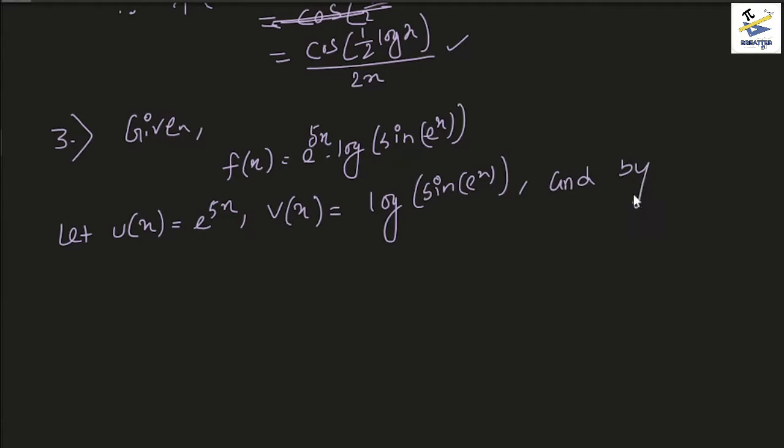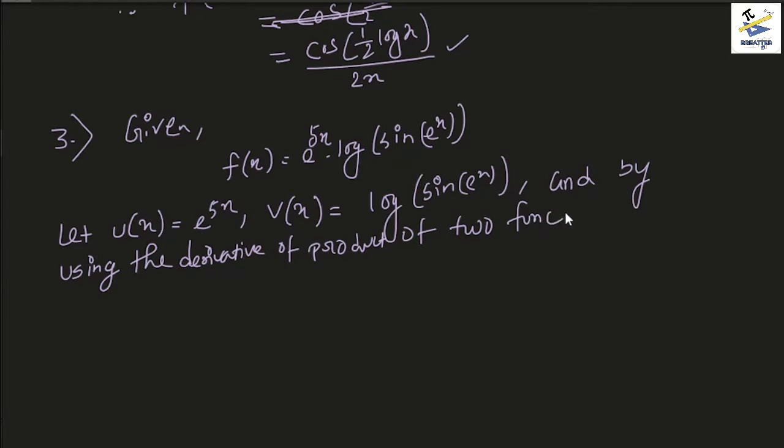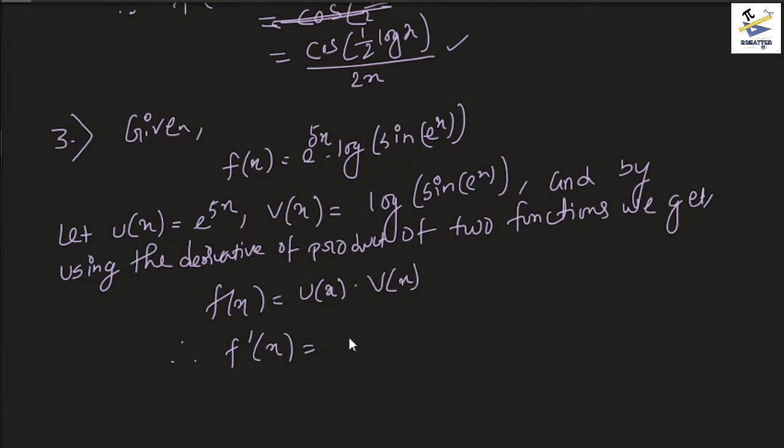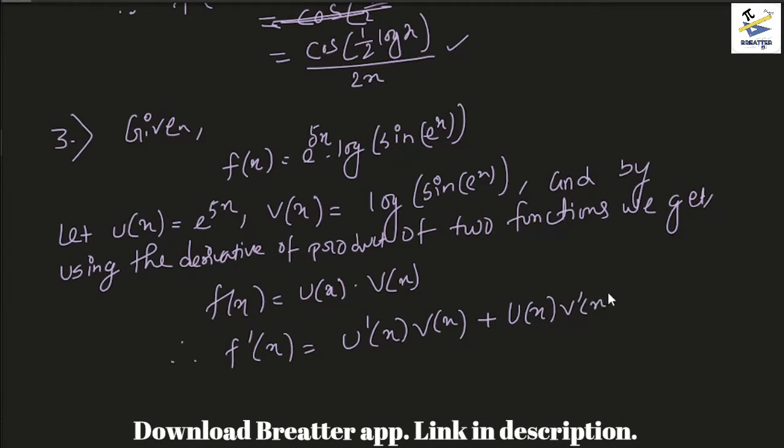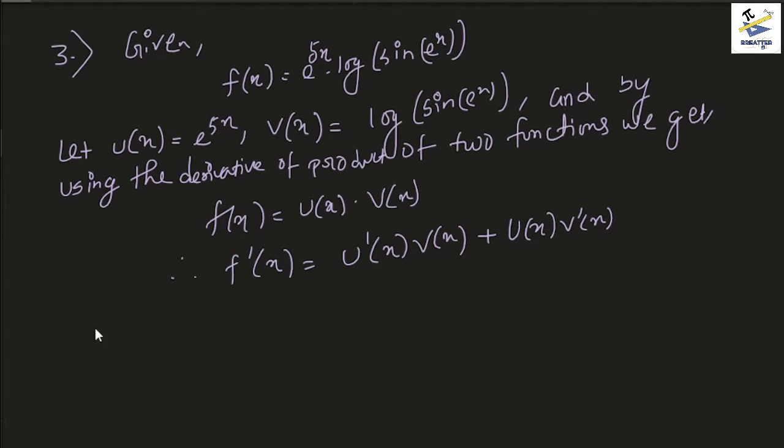and by using the derivative of product of two functions, we get, since f of x is just equal to u of x into v of x, what we get is f dashed x is equal to u prime x into v of x plus u of x into v prime of x, right? So this is the formula, and since